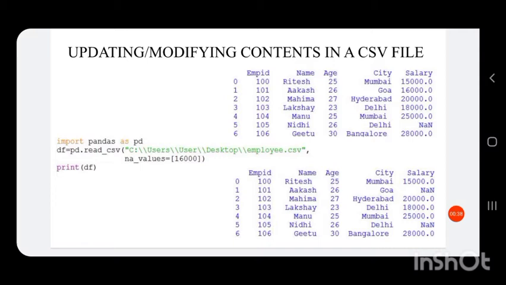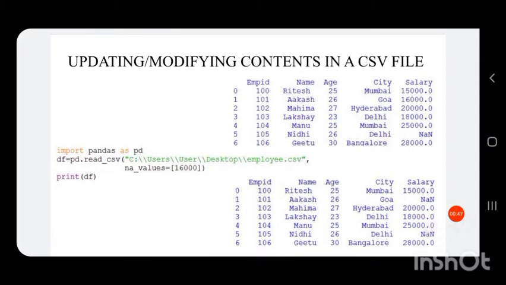The CSV file will be in a different location, and we are modifying the contents in that CSV file using a Python program. So let us see how we can modify the contents.